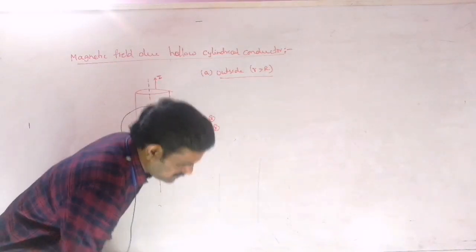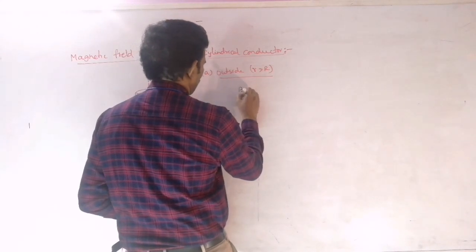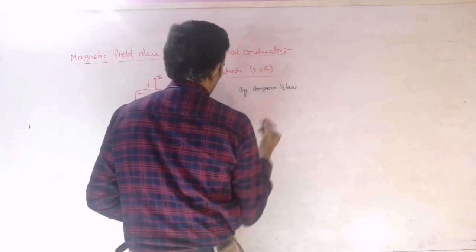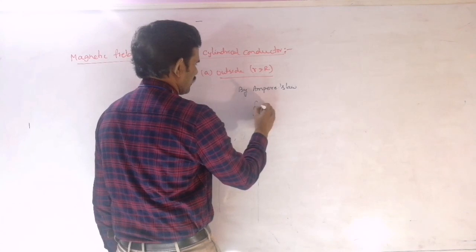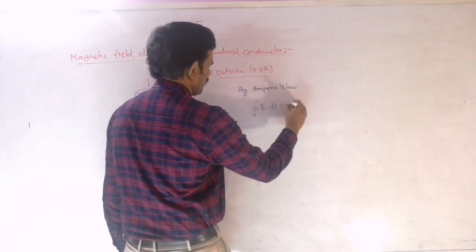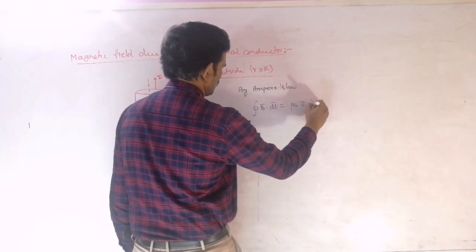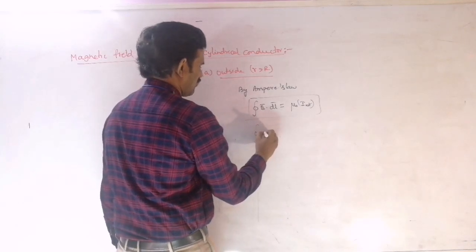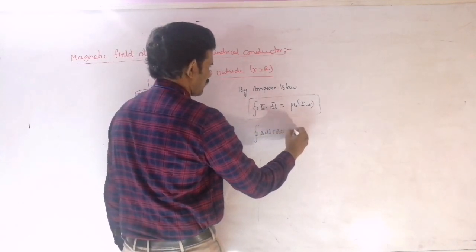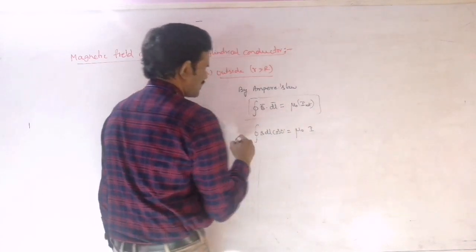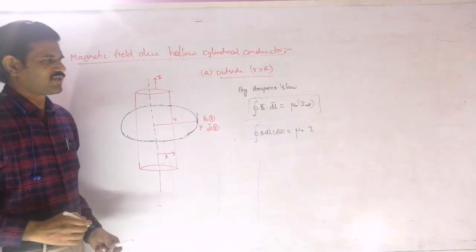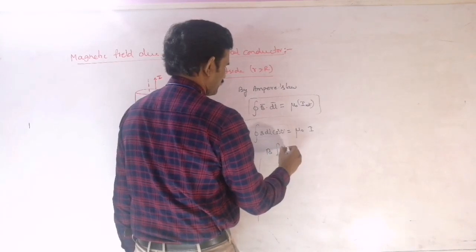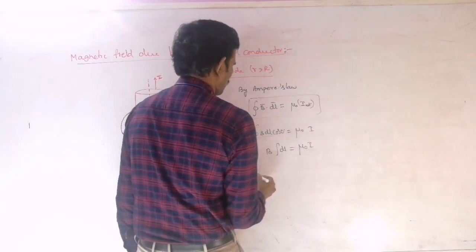So now here, I can write this by Ampere's law. By Ampere's law, integral of B bar dot DL bar is equal to mu naught times the net current enclosed there. So this is our statement of Ampere's law. Now we are going to apply this. Integral of B into DL into cos 0 is equal to mu naught into I net, the total current itself is enclosed there. So I am taking that I net value as that one. So then this is B into integral of DL is equal to mu naught into I.